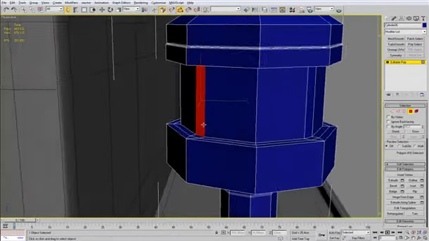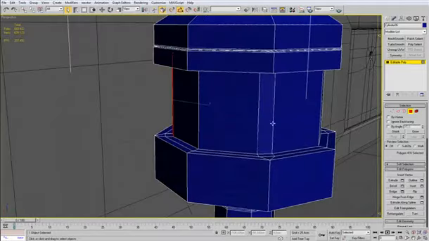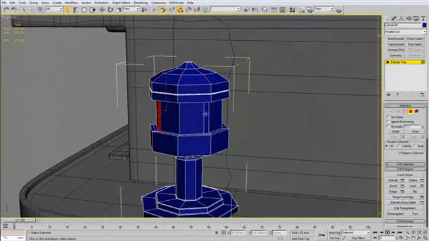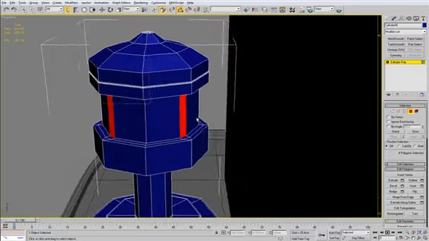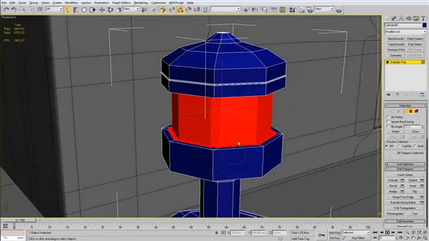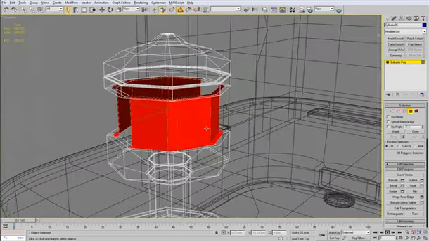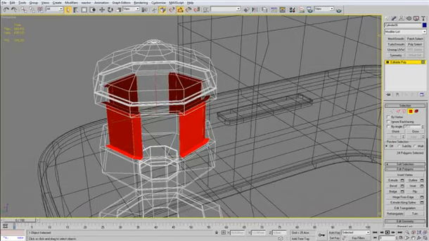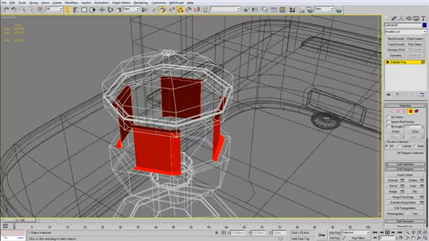So after we have them all welded, I'm going to select each of these polygons here,